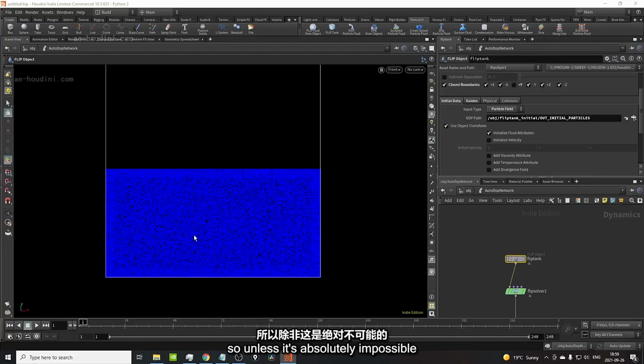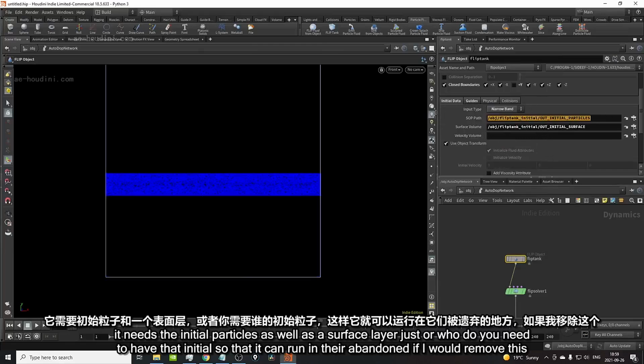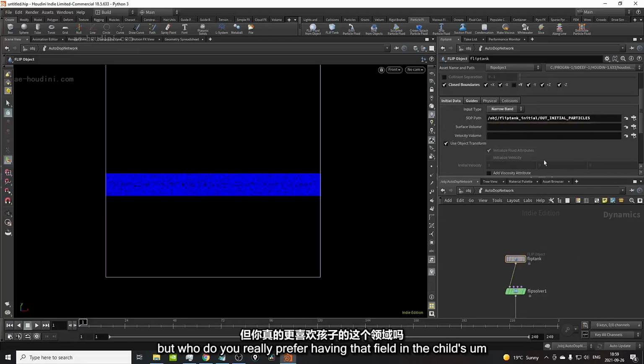So unless it's absolutely impossible, simulate your things with narrowband. It is just more efficient, and it's better for you to run. And by default, it needs the initial particles as well as a surface layer just for Houdini to have that initialized so that it can run the narrowband. If I would remove this, it would still work, but Houdini really prefers having that field initialized